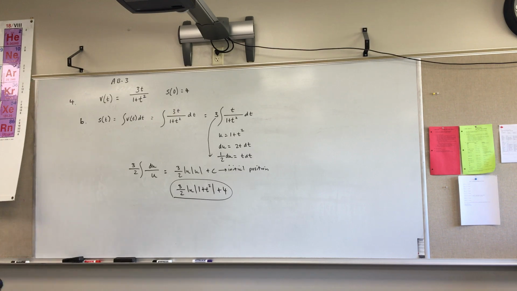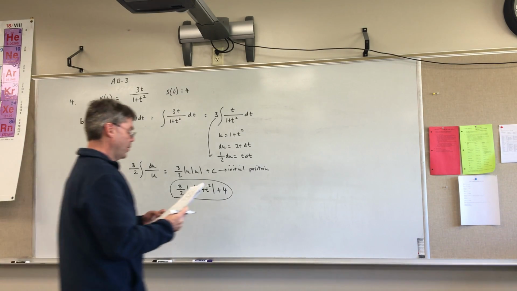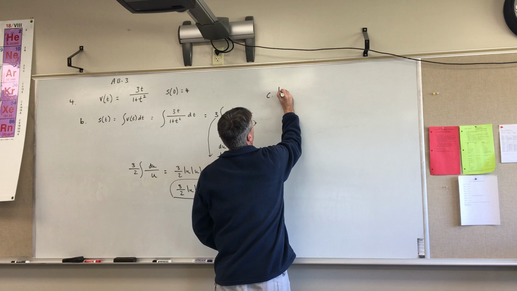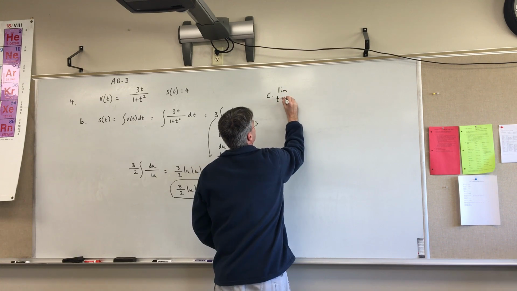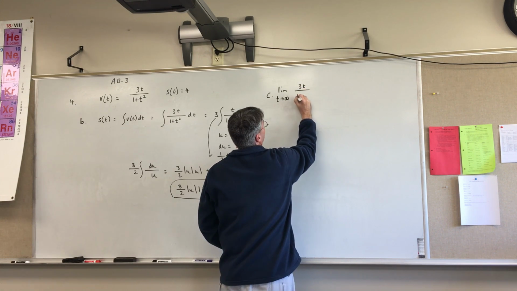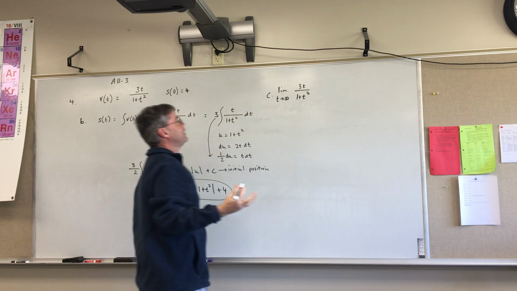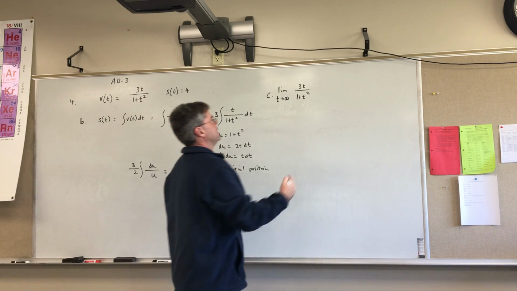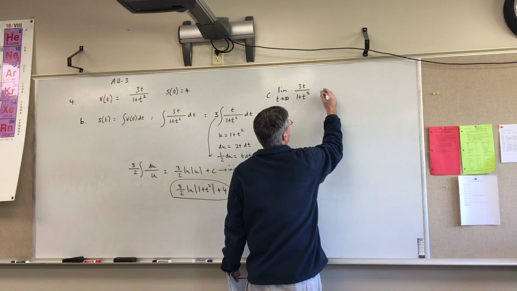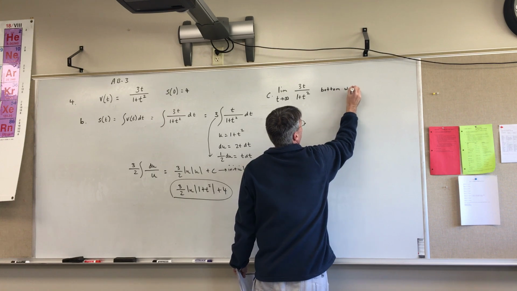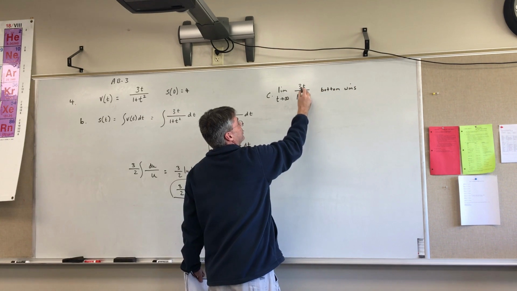All right, I think I can fit part C and D. Part C says find the limit of the velocity as t approaches infinity. So we have the limit as t approaches infinity of 3t over 1 plus t squared. When you take the limit as t approaches infinity, this is like a horizontal asymptote, okay? So what wins, the top or the bottom? In this case, the bottom wins. And so you just have to remember something over something big, over something much